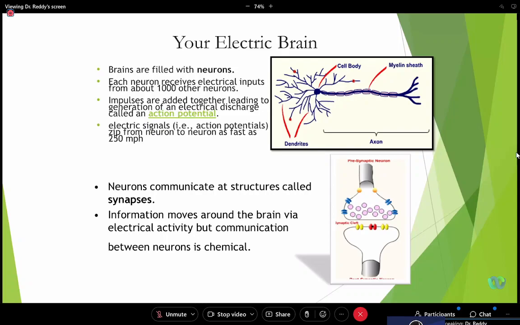Normally the brain is composed of millions and billions of neurons, and each neuron gets electrical inputs or signals from many other neurons, let's say some thousand other neurons around. Now, when they are communicating, some kind of activity happens, right? Some impulses are generated and added together to perform a certain task, which gives a desired action potential or impulse to the central nervous system. So when these impulses are added, they lead to an electric signal or discharge known as action potential.